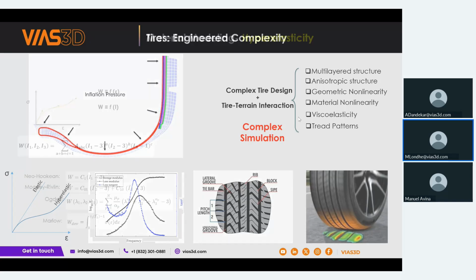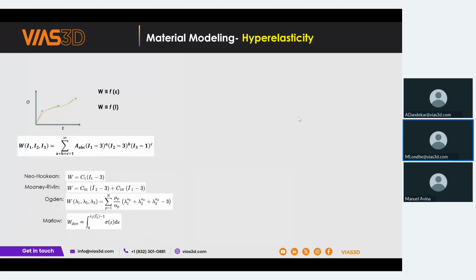So one by one, the material modeling. First is the hyperelasticity. As I mentioned, hyperelasticity is a basic characteristic of rubber. Hyperelasticity means if you apply stress and then release it, the material regains its original position. But the stress-strain curve during this stretching is highly nonlinear. In such a material, there is not a single modulus of elasticity. So the area under this curve, that is the strain energy, is generally used to define the function, and that is known as the strain energy density function.